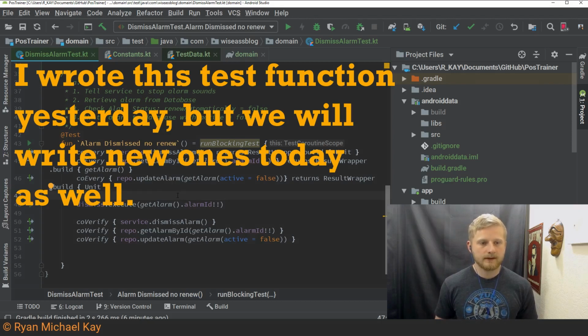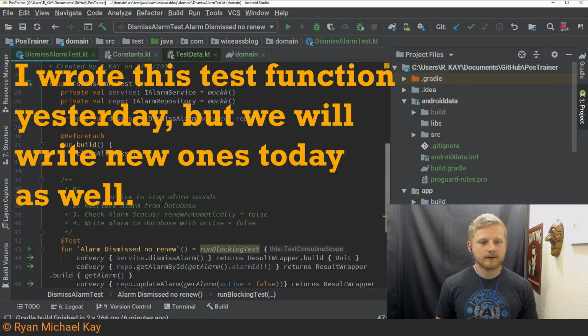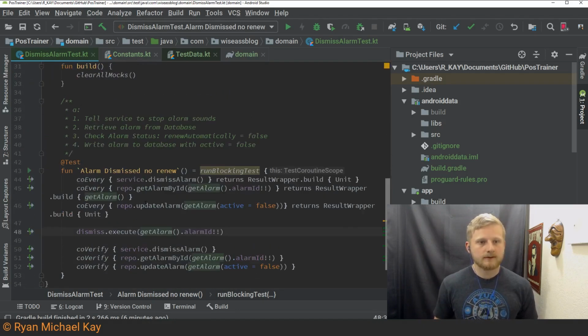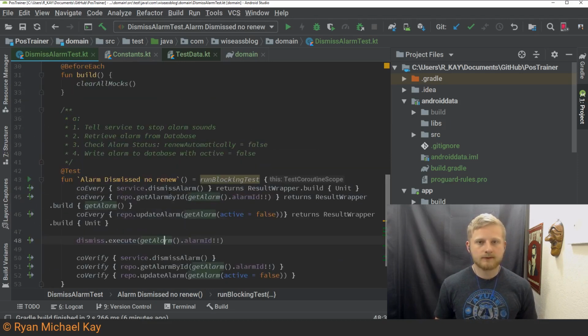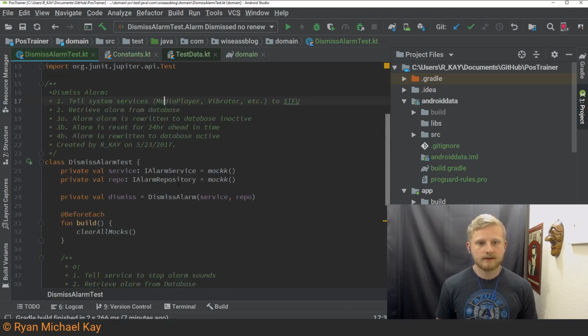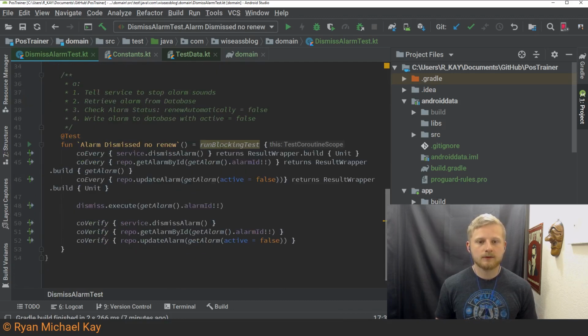So where we are starting out here is I basically just got started writing one test for one of the more complicated use cases in my application. Just for some preliminary information, one thing I came across recently is there's this runBlockingTest coroutine builder, which comes from the kotlinx.coroutines.test dependency. So do consider checking that out if you want to basically run your tests in